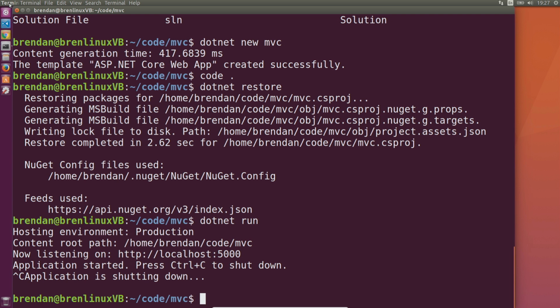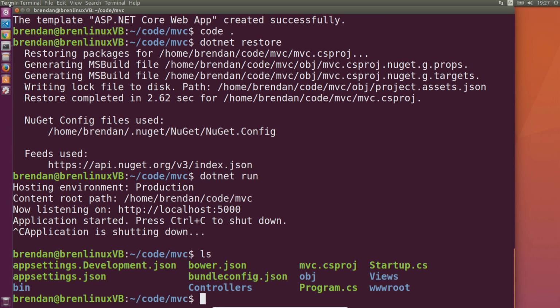It can run from the code there, but if we take a look around, there's not much going on here. This is still my development environment, so this isn't really production ready. But what I can do to make it more production ready is publish it. In order to get the publishing to work, you need to install a few things. You need to have npm, bower, and gulp installed on your path. That's pretty basic, but once that's installed, you can go dotnet publish, give it an output folder,